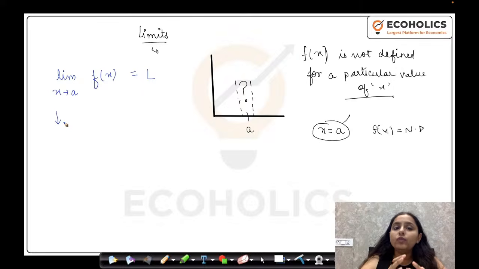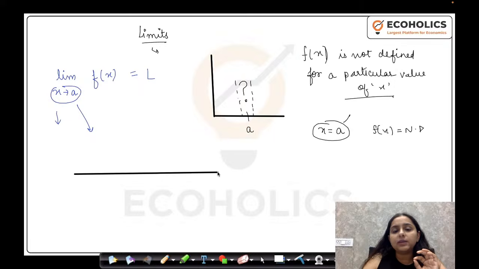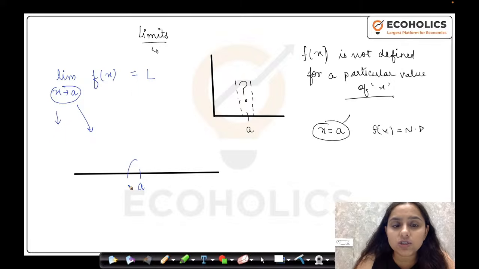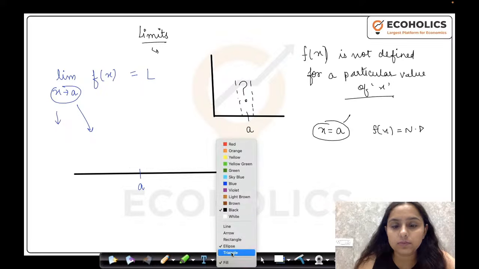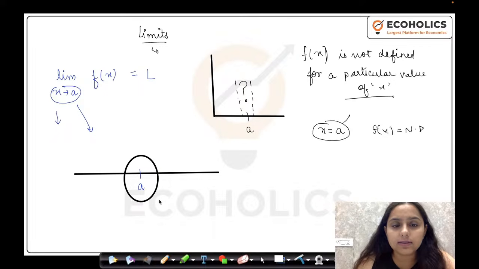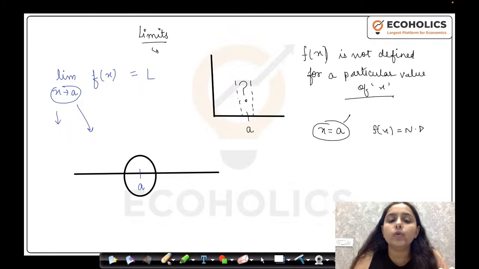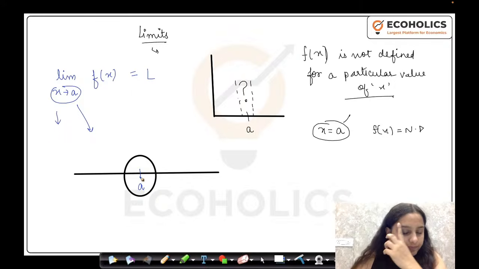Okay? So how do we read this? We read this in the following manner, that when x approaches a, f of x approaches L. So when x is near to a, the function is near to L over here. Now when I talk about x approaches a, what does this mean? X approaches a basically means that x is coming closer and closer to a. So x is a value which is closer to a, maybe in this circle, in this area over here. X is closer to a, so x can be a part of this circle, this area.